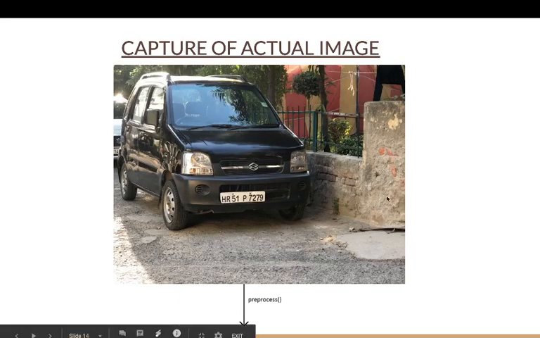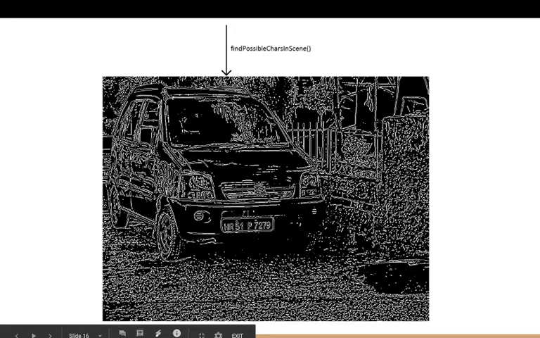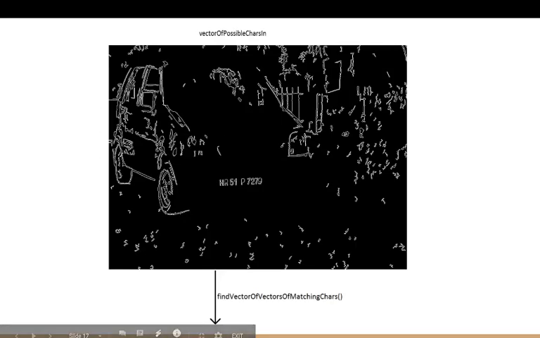So now the actual process in real time takes place. The image is captured via a webcam, or in our current system we've used an iPhone 8 in order to capture the image. Once the image is captured, we have to perform preprocessing. Here you can see that preprocessing is performed on the image. It's first converted to a grayscale image, and then converted to a threshold image. Here the whole preprocessing of the image takes place,